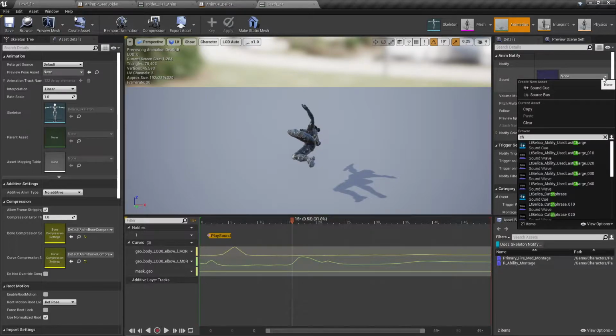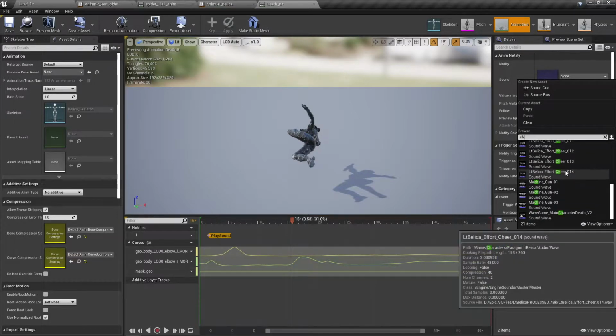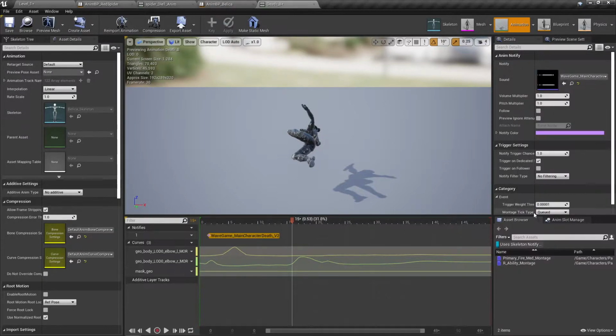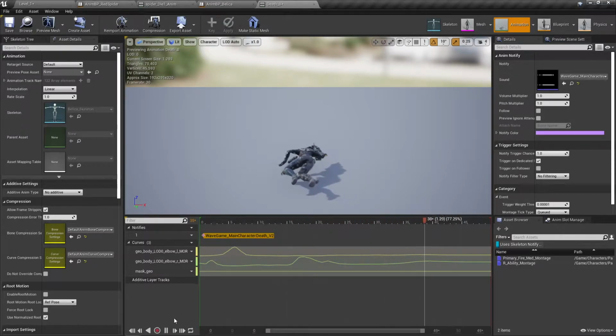I might have to go find what it was. I forgot already. How about that? There it is. Wave game main character death. So I'm going to select that and put that in there, and put that all the way back up to 0 again. Very end here, close enough. If I hit play,